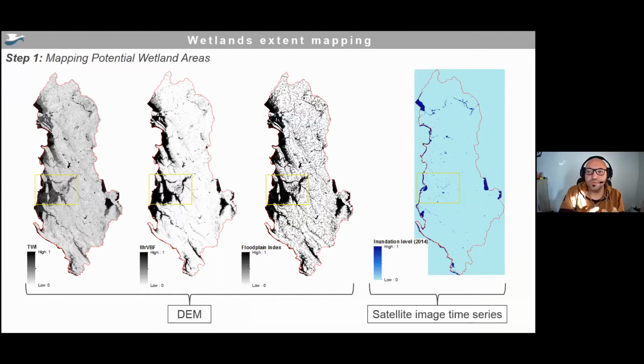So how can we map this potential wetland area? First of all, what is the potential wetlands area? The potential wetland area is an area where we have a higher probability to find wetland habitats. So it's not the final map of the wetland habitat extent, but it's a kind of delineation of the functional area of wetlands. And this delineation is based on different characteristics of wetlands that we can